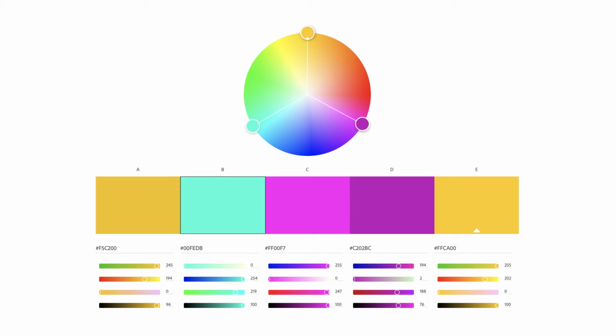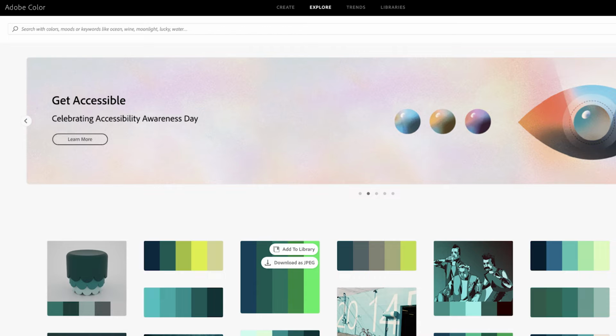Triad. This set of 3 colors are evenly spaced apart on the color wheel, the most well-known combination being red, blue, and yellow. But it's not the only one. Because these colors often have a strong contrast, it can produce a very dramatic effect. If you want to take a look at current color trends and get inspired, I would encourage you to have a look around